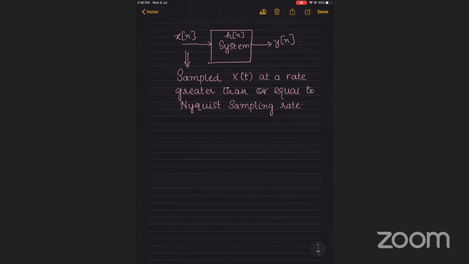So what do we mean by Nyquist sampling rate? Every signal has a frequency component. There is some maximum frequency there. So what we do is we sample at a frequency which is at least 2 times the maximum frequency. That means x of t, you have to sample. What do we mean by sampling? Sampling x of t is equal to multiplying x of t with a train of impulses,